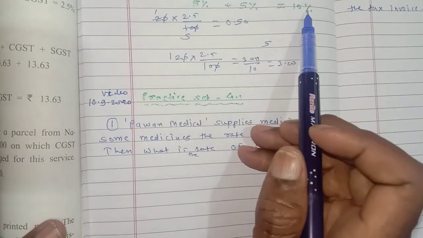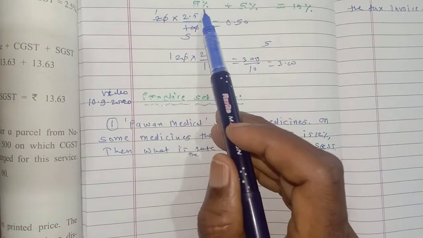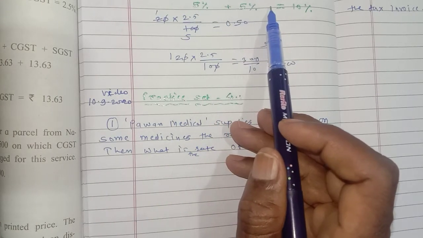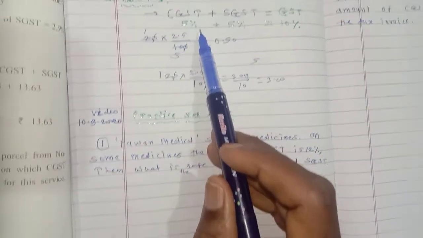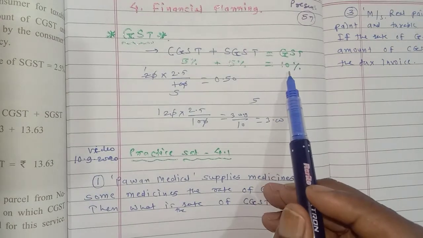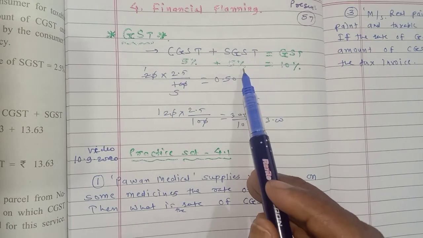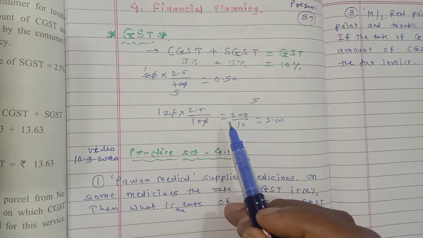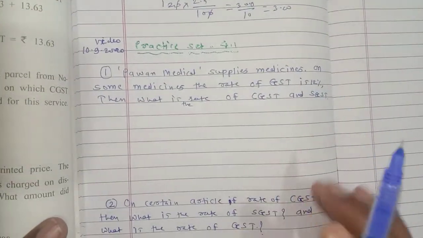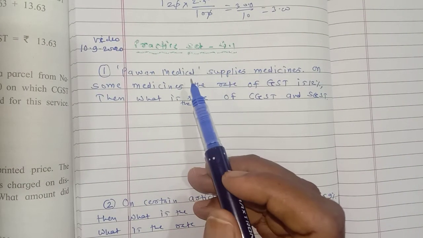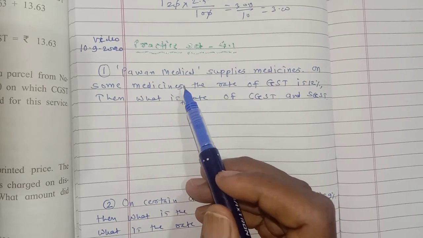We know if the rate of GST is 10%, then the rate of CGST is 5% and the rate of SGST is 5%. Means 5% plus 5% is 10%. If GST is 12%, then SGST is 6% and CGST is also 6%. Then we solve some examples in practice set 4.1. First example is written as: first, Pawan Medical